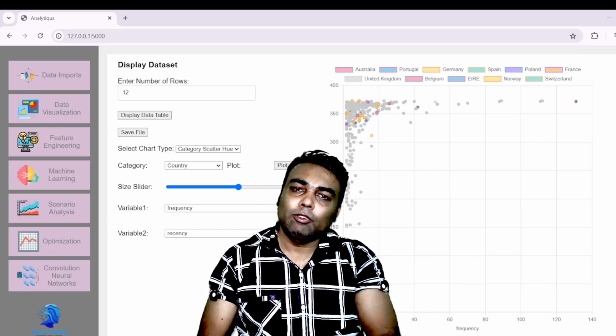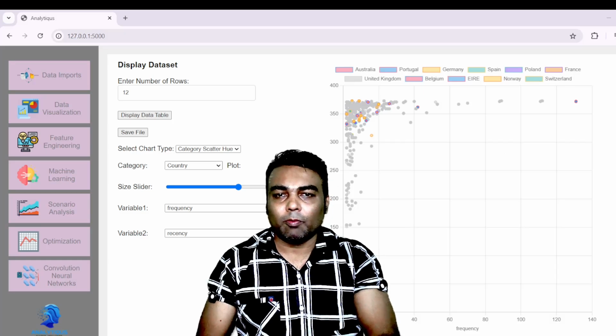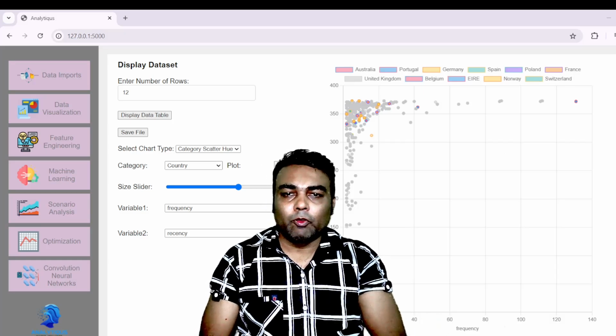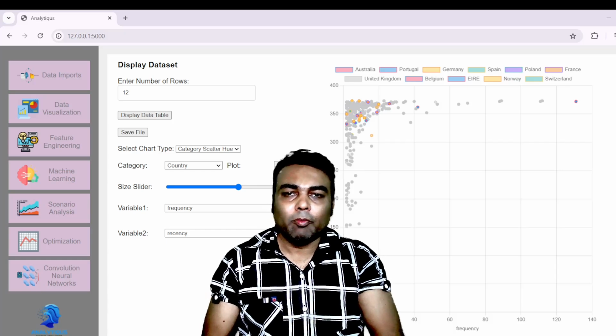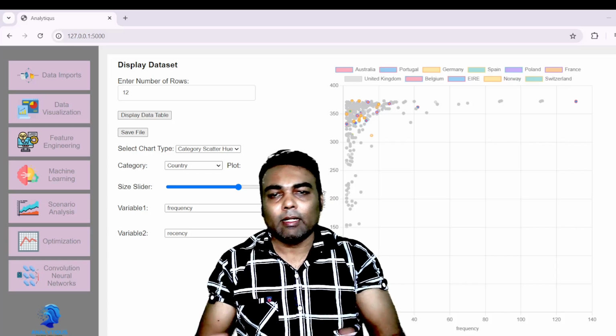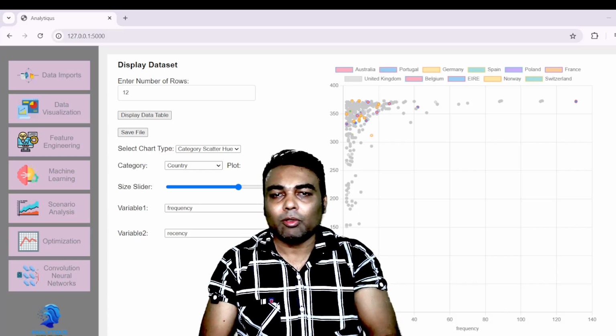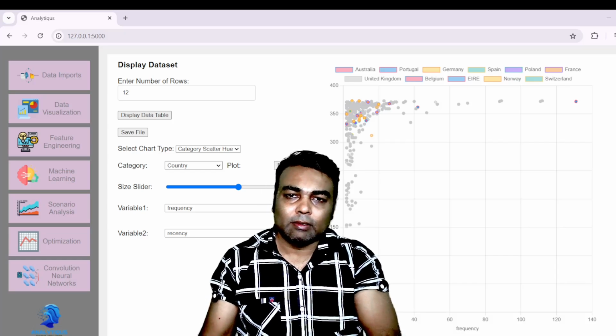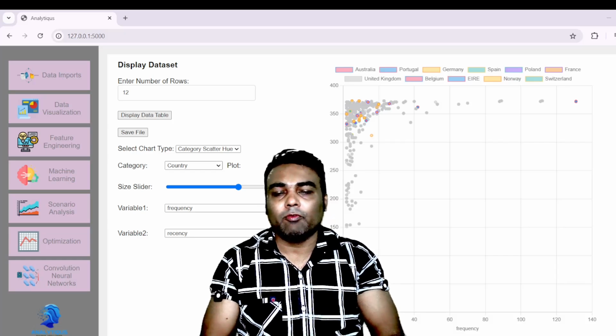In Excel you need to prepare a pivot table before producing the charts. But here this software automatically makes your data ready for these charts. So it saves a lot of time.